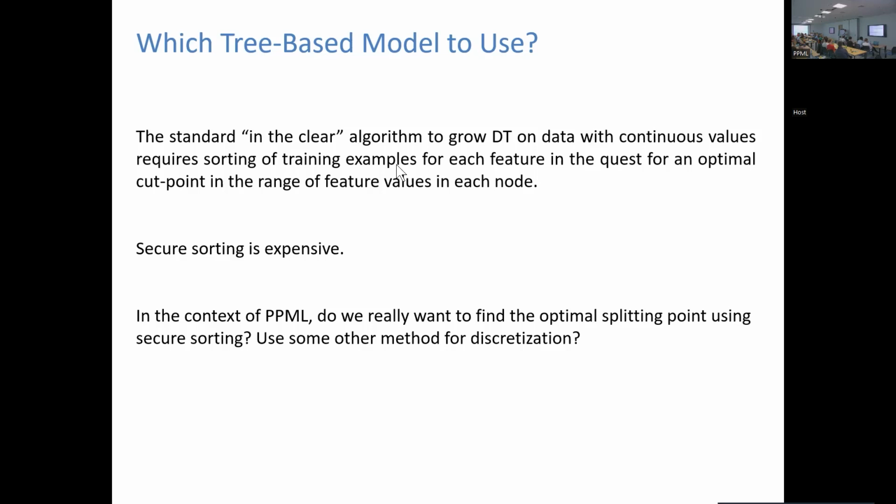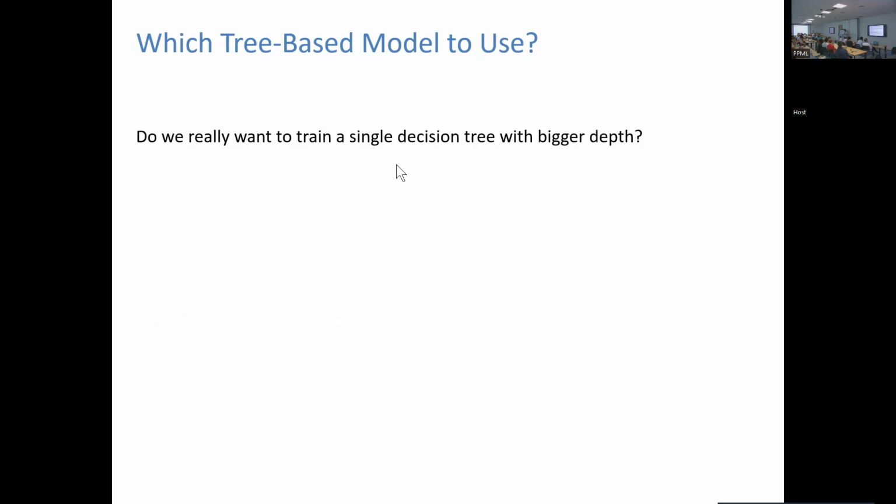Shall we do discretization to begin with and then run some protocol that is based on discrete values? Maybe that's the best, right? Another thing: whenever you are running the training of decision trees in the clear, how big should you allow the trees to be?